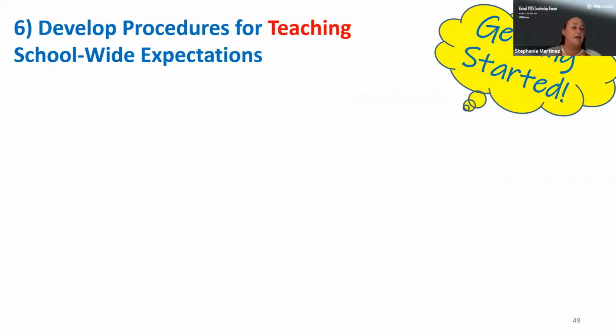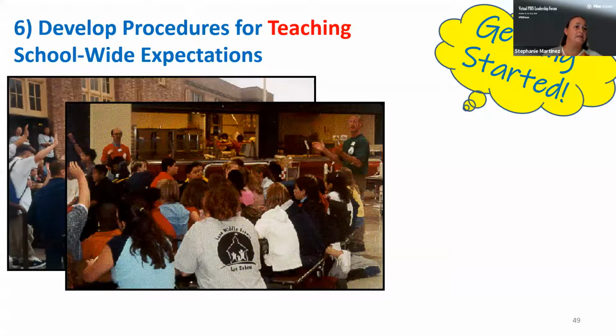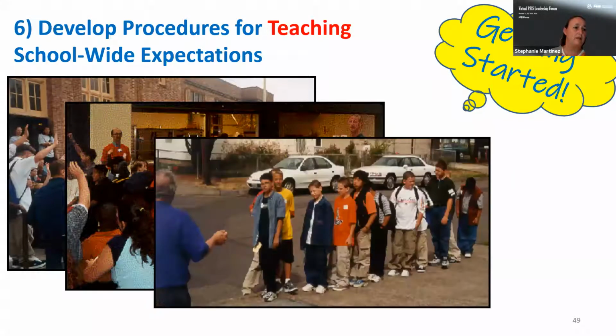Once we have those expectations, then we need to think about teaching those school-wide expectations. So here are some examples of some different ways schools have been teaching those expectations. One of the recommendations that we have is taking the students to the settings where they will be displaying those behaviors so they can actually practice it in real life settings. We also want to try to get the students as much involved as possible in developing those. So we have a lot of schools that have had student clubs come up with lesson plans. We've gotten a lot of the middle schools and high schools that I know where the drama club or the tech club actually does videos and puts those there.